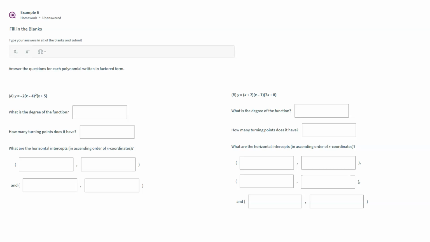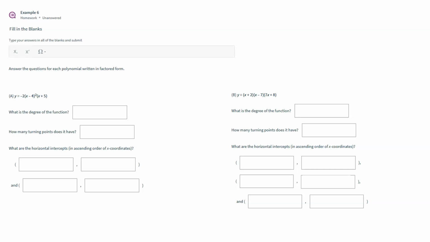When it's in factored form, one thing you can do is multiply all this through to simplify it, carry through x minus 4 times itself, and then multiply it to x plus 5, and then multiply all that by -2 and get that expression. However, since it's only asking for the degree, how many turning points it has, and what the horizontal intercepts are, it's actually a little easier to keep this in factored form,